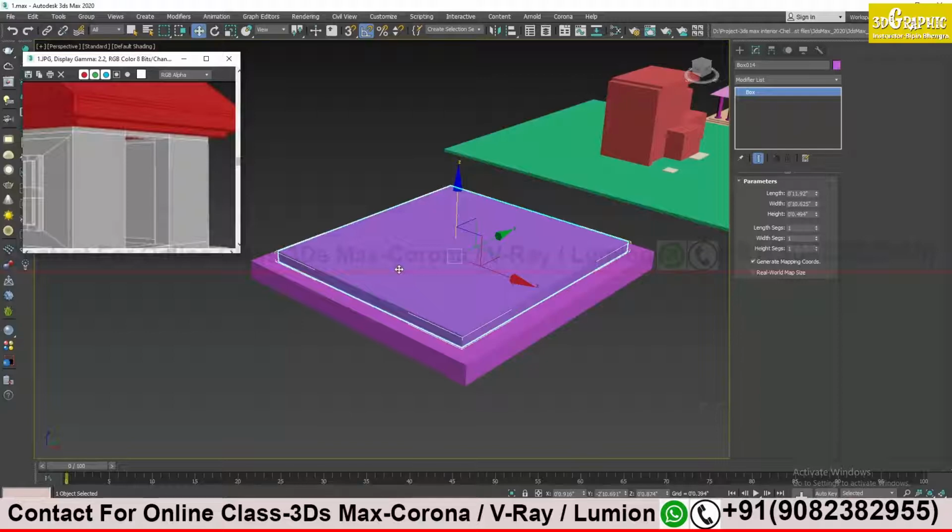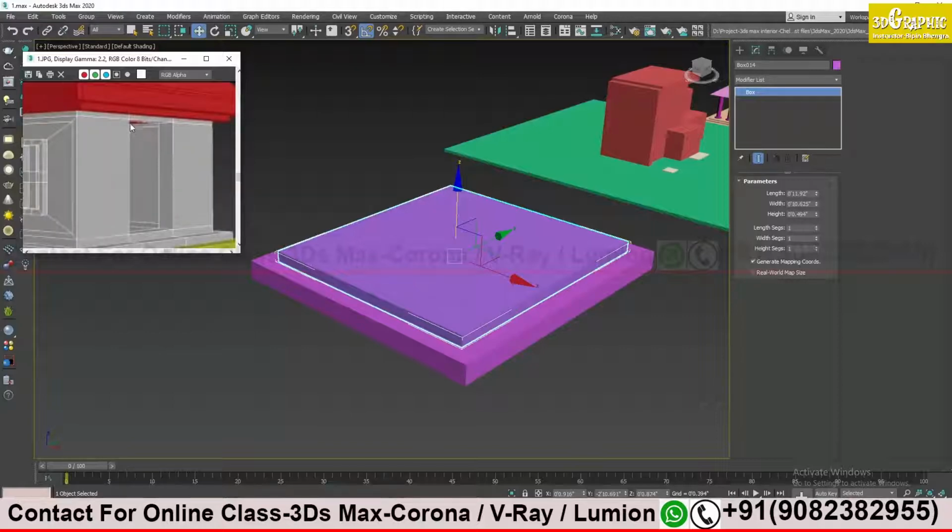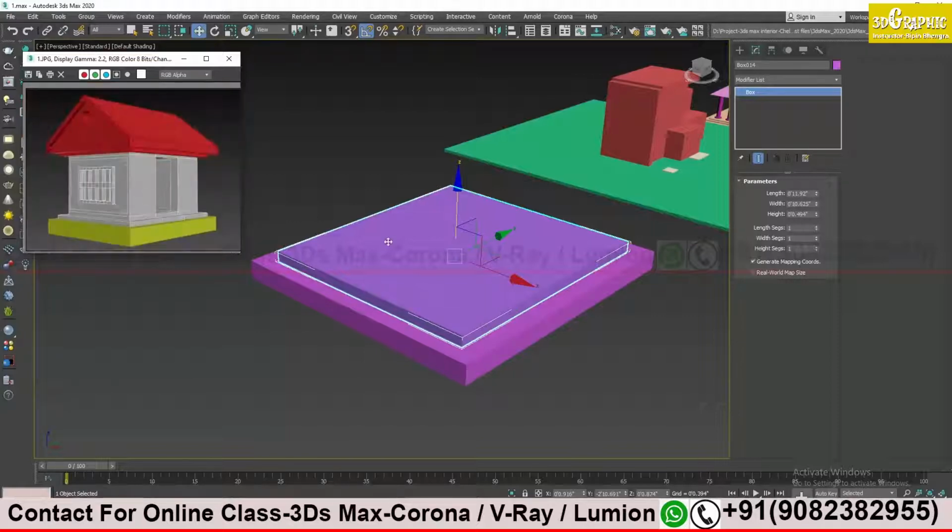So as of now, we'll not go into so much detail. We are not going to make the detailing of it. Clear? First, we'll make the entire shape, be comfortable with the shapes, and then we can do the detailing, like making the doors and windows. That we can do later on. Right now, we'll make the shape.